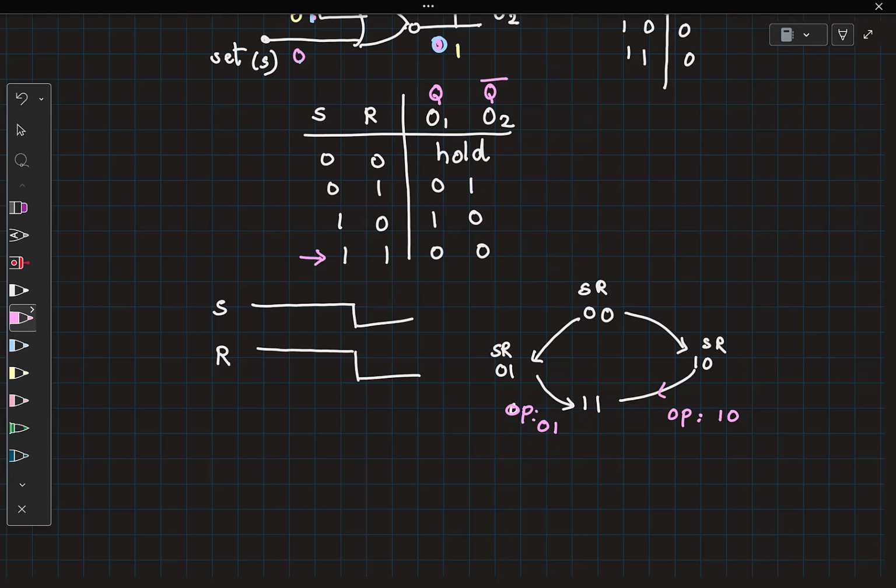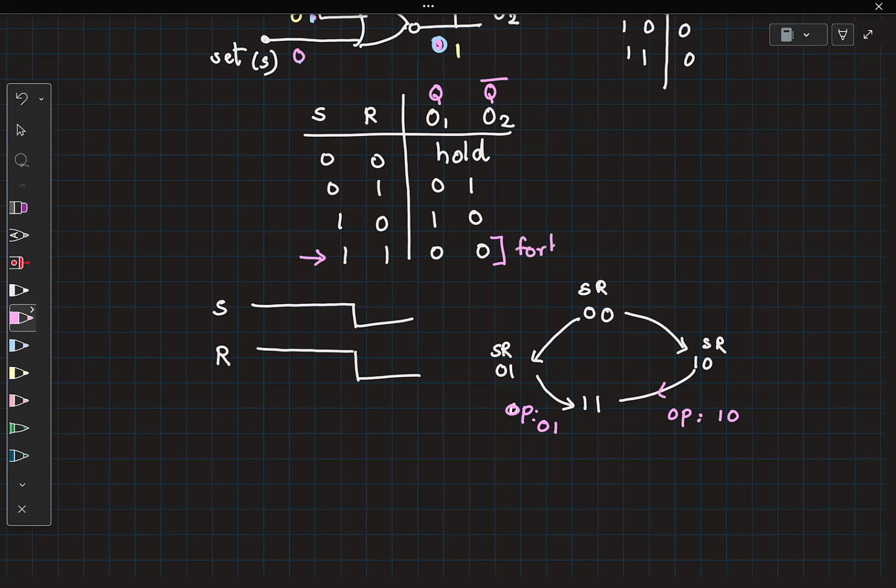Right? That is an uncertainty which we do not want in digital circuits. So that is one of the other reasons why 1 1 is called a forbidden state. Because if you move from 1 1 to 0 0, from the forbidden state to the hold state, your output is more likely to be a function of mismatches and noise in the system than the input itself. Is that clear? So because of these reasons, this is called a forbidden state.